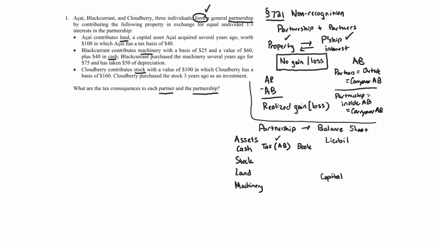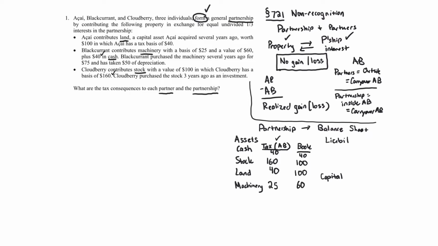So the cash basis is always just going to be the face value, which here is 40. Stock, 160. So again, we're just carrying over the basis of each item that's given to us in the problem. The land has a basis of 40, my apologies. And the machinery has a basis of 25. The book value, of course, is going to be the fair market value at the date of contribution. So cash 40, stock 100, land 100, machinery is going to be